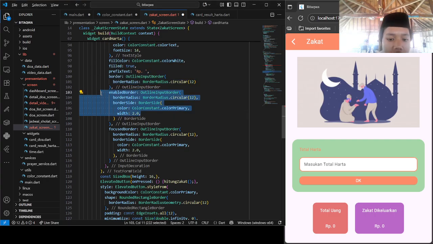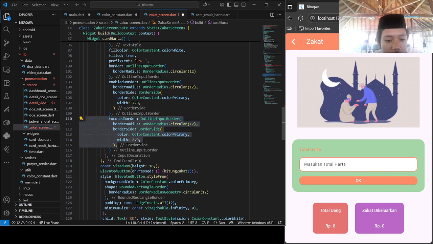This is the color when it's not active. And then this focus border is the color when the line is active. It's actually the same.